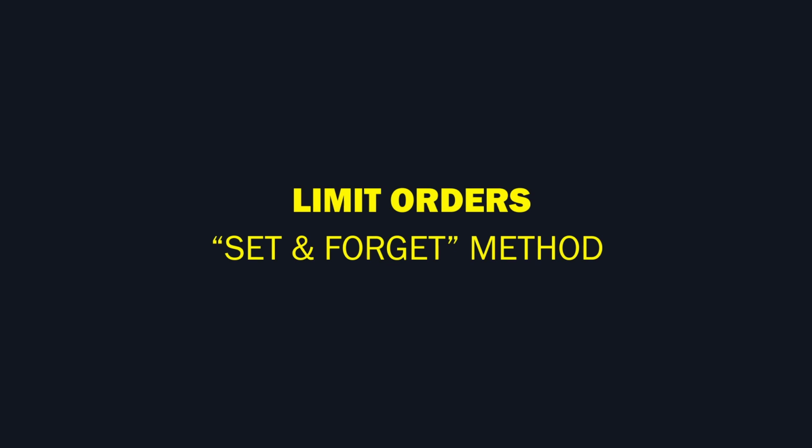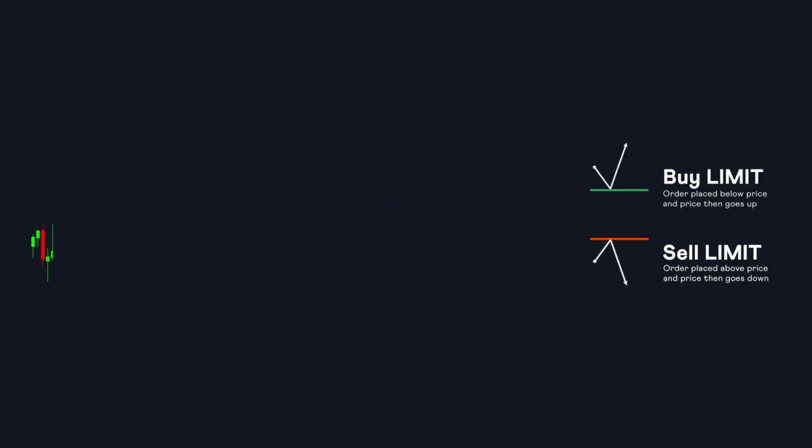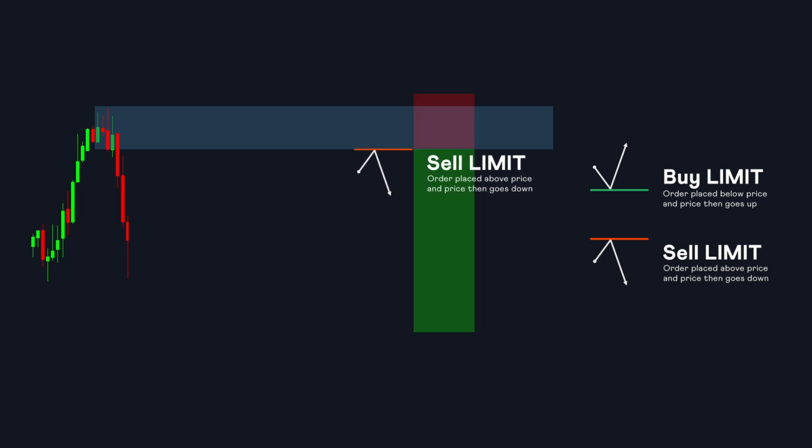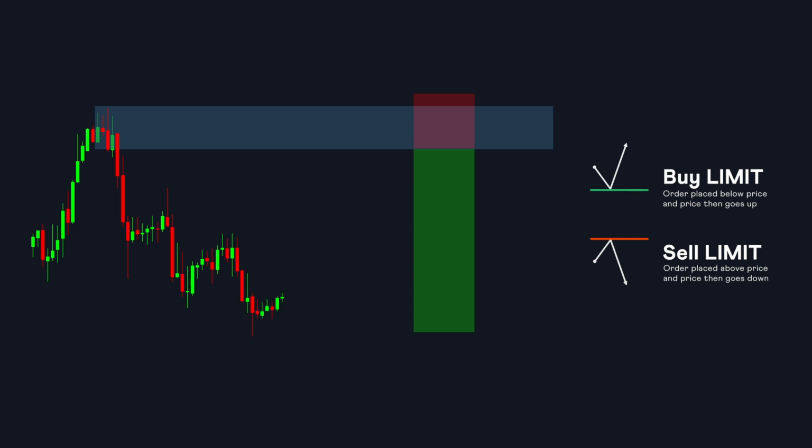Limit orders, set and forget method. Supply and demand forex trading is based on the predefined price. This is the beauty and the power of trading supply and demand. It provides, with high probability and accuracy, the location where the price will be reacting in the future. With this information, it would be very simple to set pending orders to be automatically triggered once the price hits a future price level. This allows us to set up trades using limit orders and let the market develop at its own pace. You can wait in comfort for your trades to be triggered whenever it happens, with no further